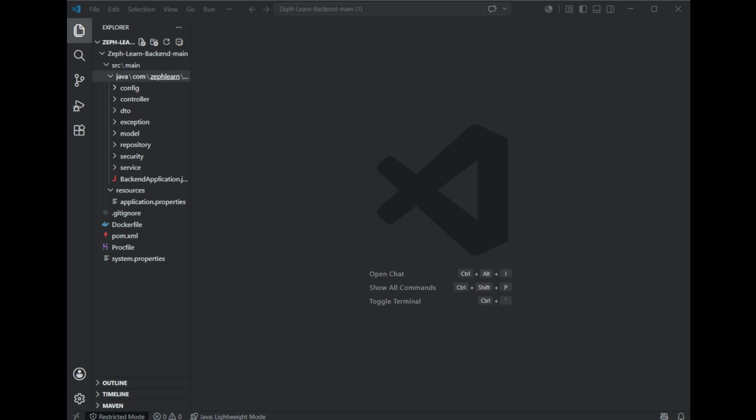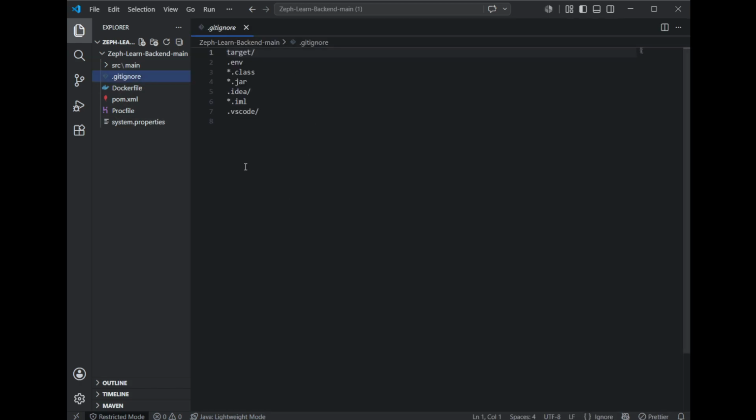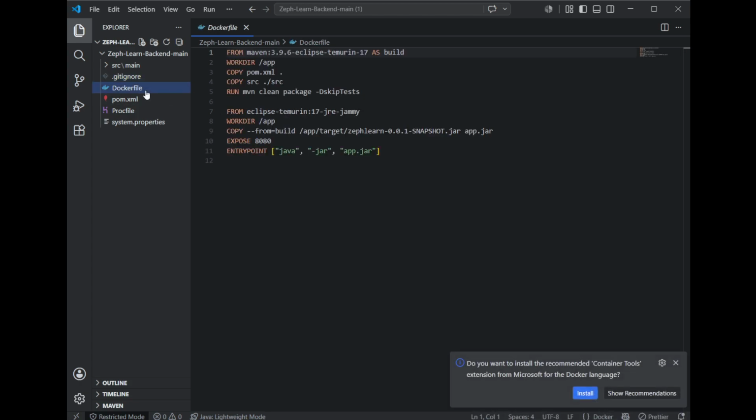So here are the files. It is a backend project, and there's a pom XML file, and a gitignore file so that I can push it, and the credentials must not be visible to others. So for that, the gitignore file is there, and it covers what it should. And one more thing, there is a Dockerfile. This Dockerfile is used for